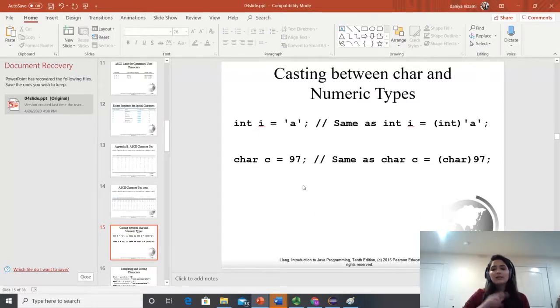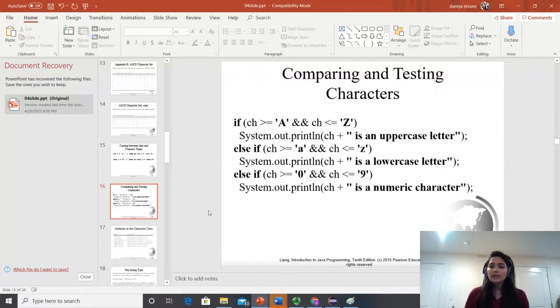So you can use characters and integers if you want to be a smart programmer and want to confuse others with your numbers. You can just use these values when you are declaring the integer or character in your code. Comparing and testing characters, you can test your characters with your if and else. For characters, you don't need a dot equals method. You can simply deal with your character as an integer. You can use greater than or equal symbols to compare your two characters.